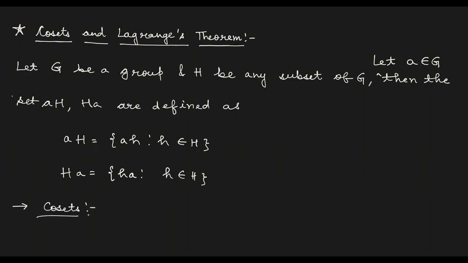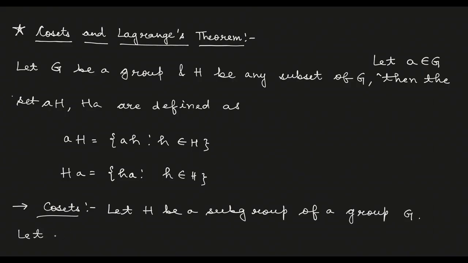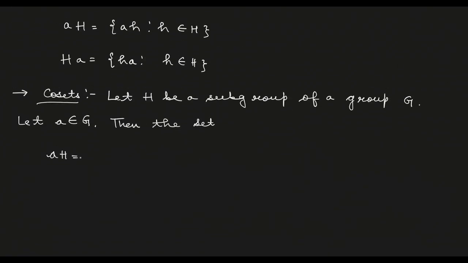Now what do you understand by cosets? Let H be a subgroup of a group G. Let a be an element of group G. Then the set AH is equal to ah such that h belongs to capital H. Whenever in this AH the element from the group is applied from the left side, it is called a left coset. This is called the left coset of H in G